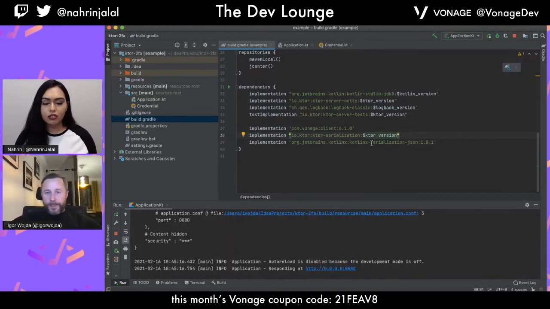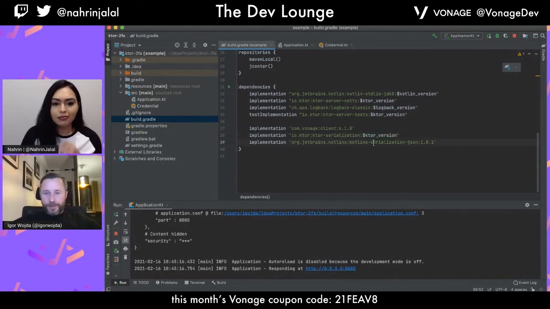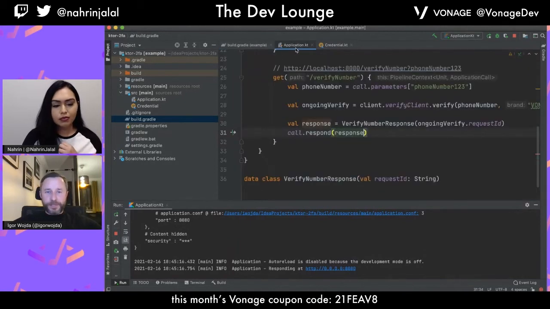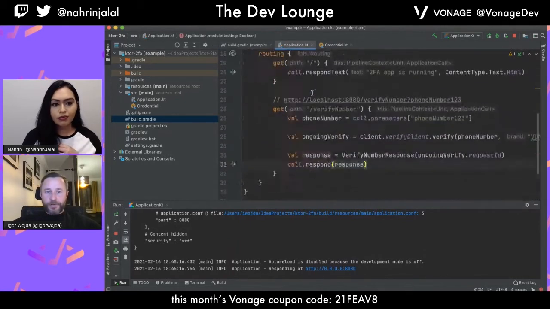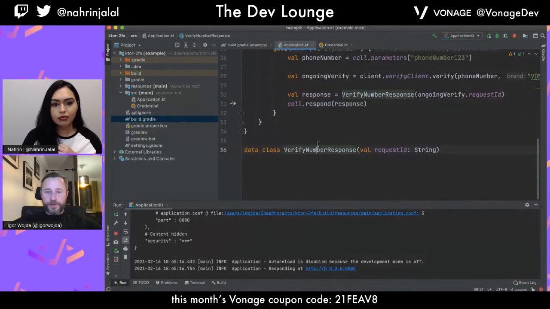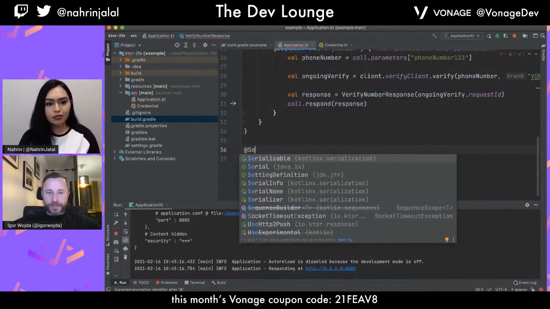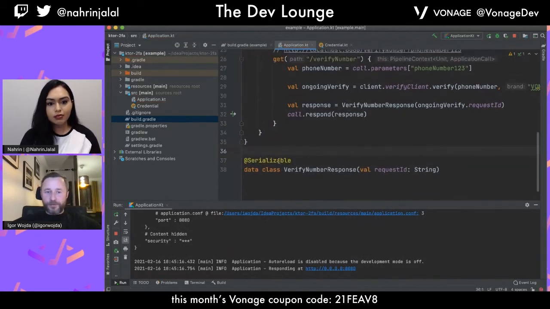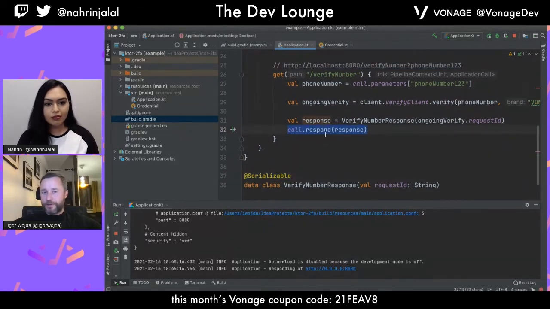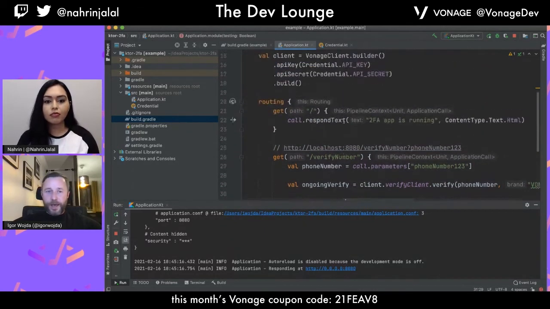Okay. So we have those dependencies. Of course, we'll synchronize our Gradle script. They will be downloaded and added to the project. And those dependencies allow us to do a few things. First of all, we can annotate our class with the serializable annotation. Just this annotation